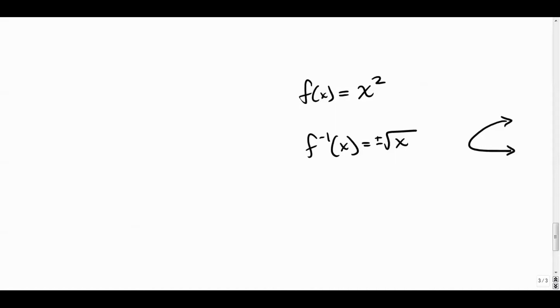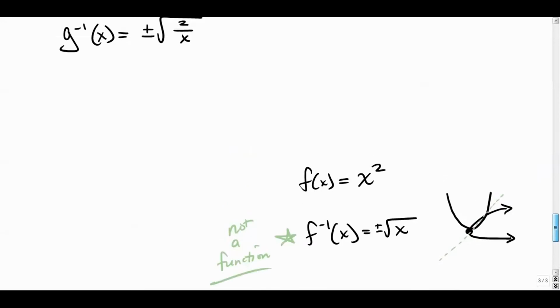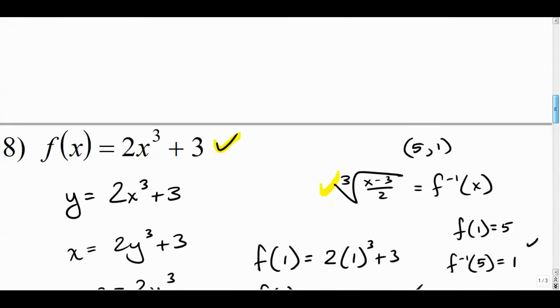If they're residing on the same coordinate system, they would look something like this, right? And they're symmetrical across this line, right? So this guy right here is not even a function. It is an inverse, but it's not a function. So just be careful of that. In any event, that should wrap it up